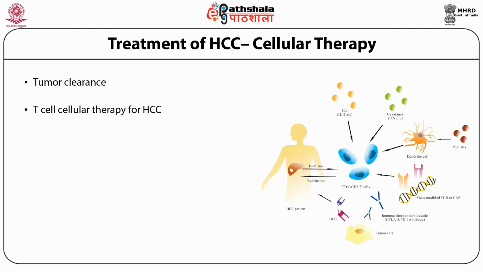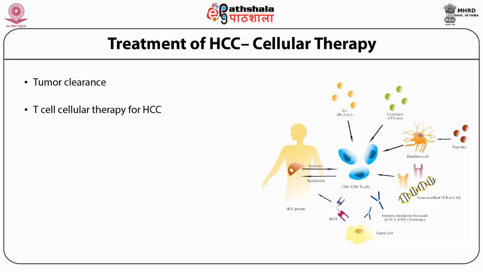Those T cells can be manipulated via a genetically modified TCR, or the total cells can be manipulated, and those T cells can generate better IL-2 or cytokine secretion and be infused back into the patient for HCC clearance. As an emerging method of tumor clearance, this is the most effective and selective targeted cellular therapy for